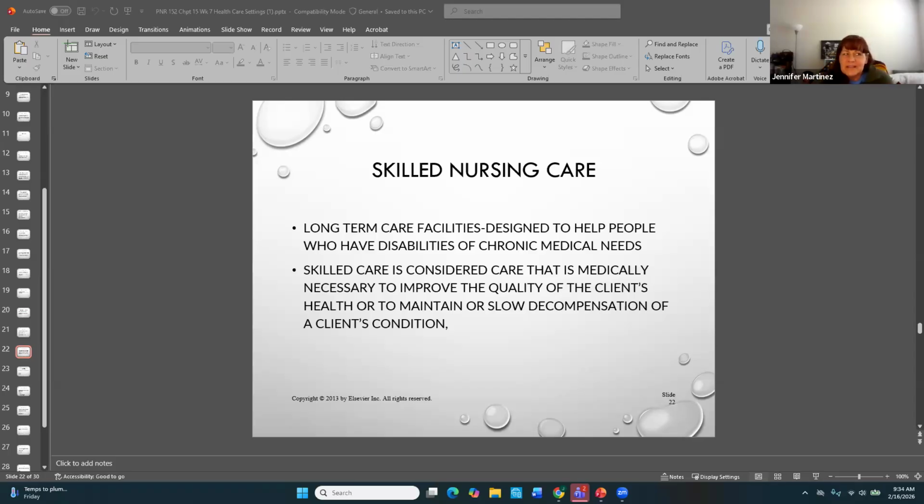Skilled care is care that is medically necessary to improve the quality of the client's health or maintain or slow decompensation of a client's condition. And so in order to have skilled nursing care, you have to have a skilled need. So when we look at that, some of the examples of skilled nursing care,